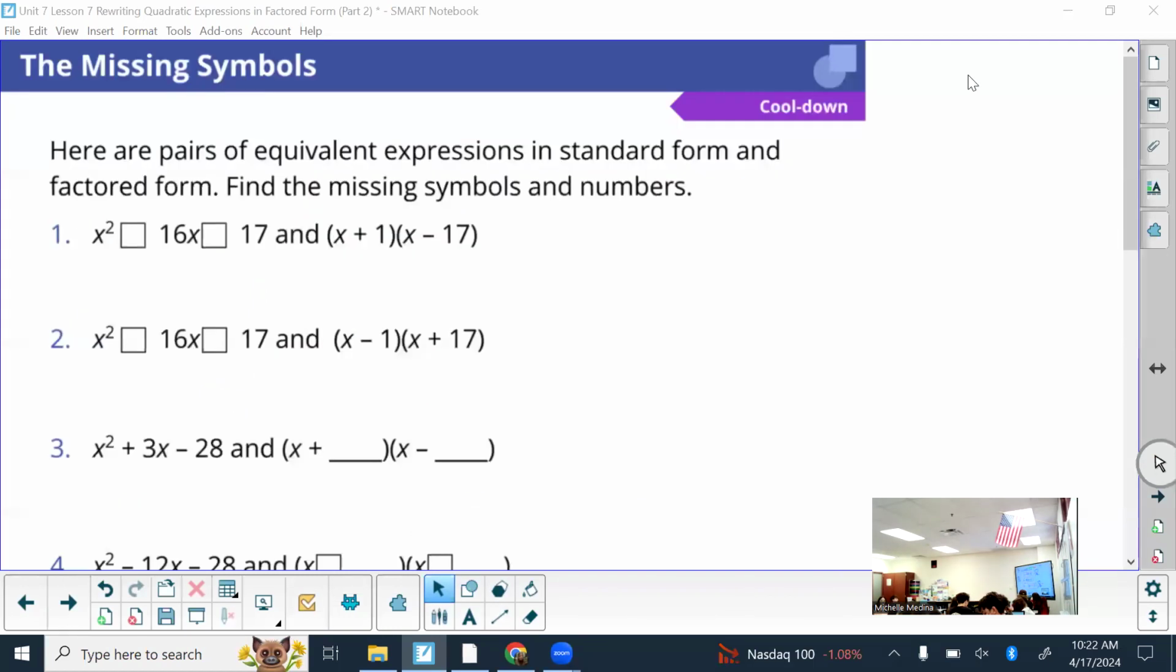These are great, but they are asking you to fill in the blanks. So for some of them, you're filling in the signs. For others, you are filling in the numbers and the signs. So